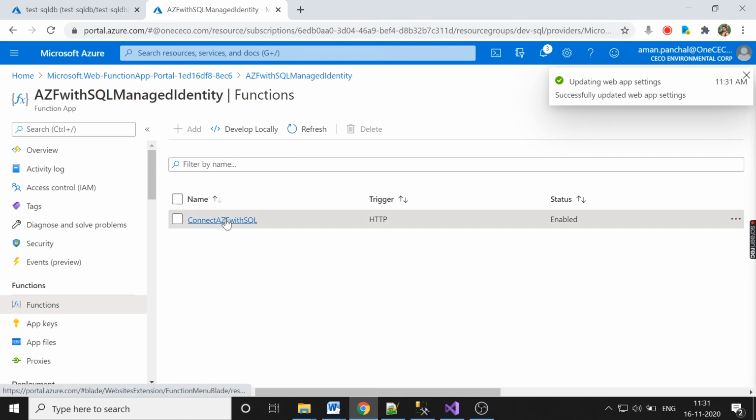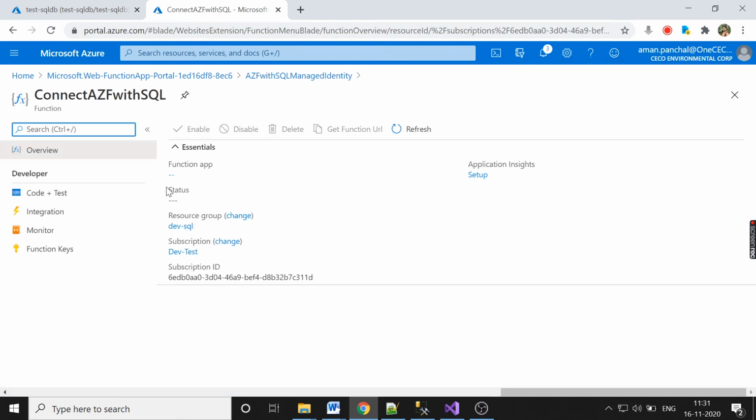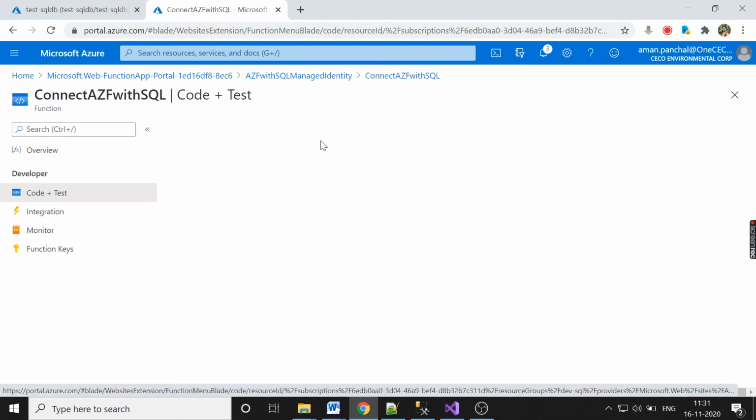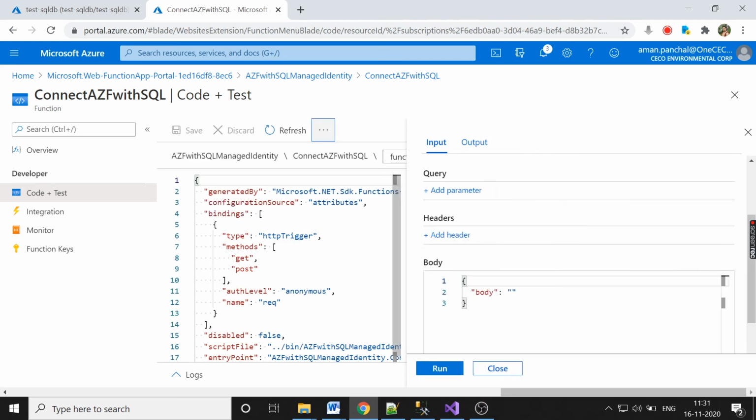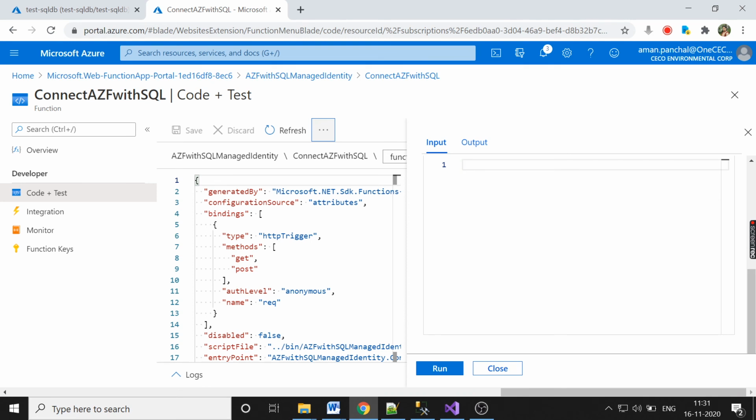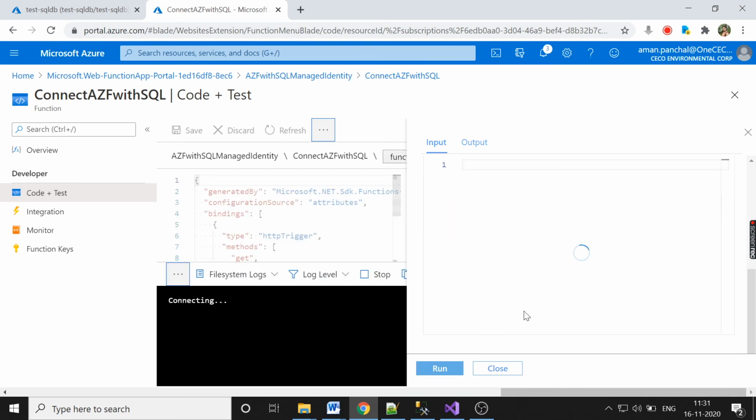Now let me run this Azure function. I don't need any body here. This is a post request. Let me run it.